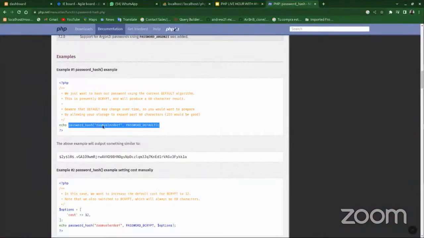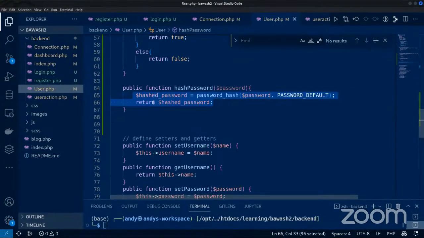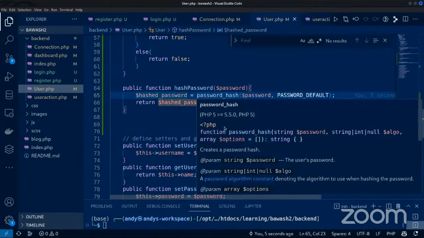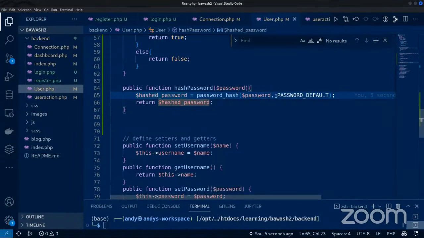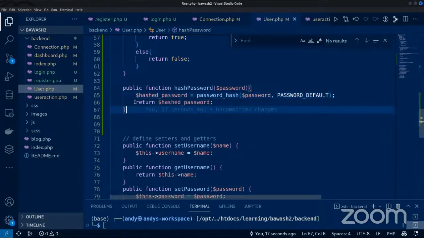We use password hash, you pass in the password. So what I need to do is use what we had here, hashed password is equal to, now I hash the password and save it, then I return the password. This hash password takes in your password and provides the algorithm for you to hash the password, right? So this should go